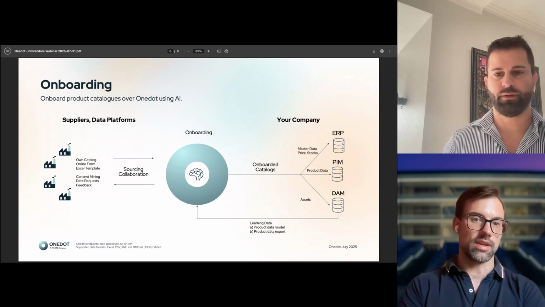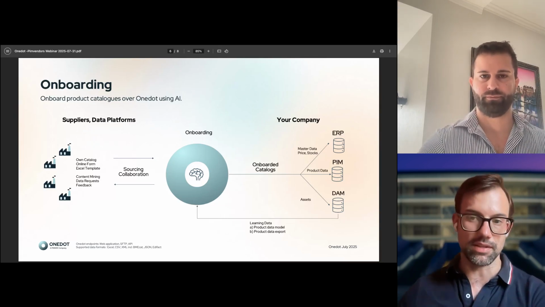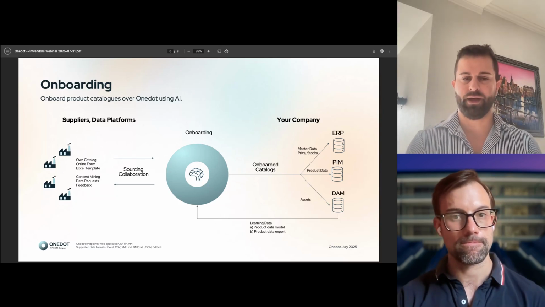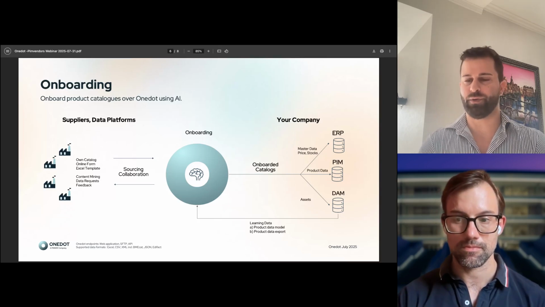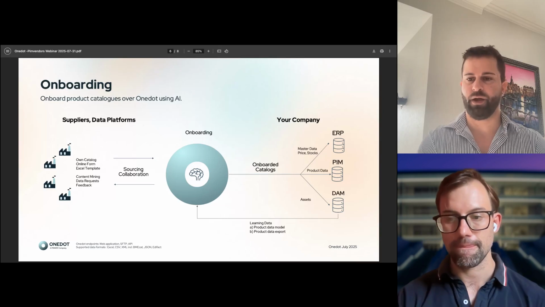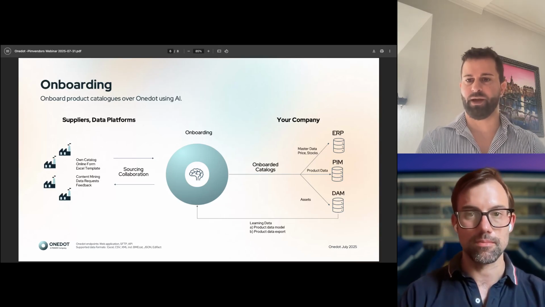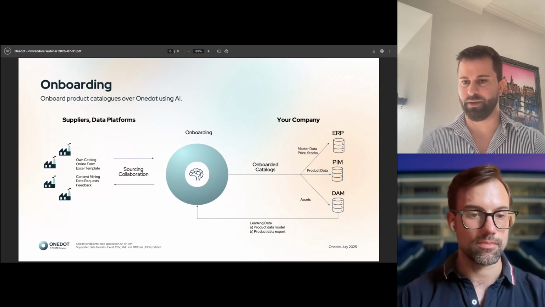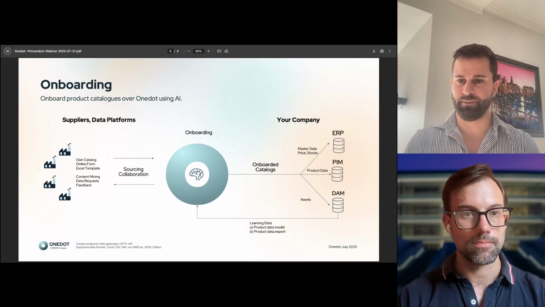But it's basically what you're saying. Everything that is true for onboarding is also true for syndication. It's basically the same funnel, but the other way around. Exactly. So in the syndication case, the supplier or the manufacturer would upload his catalog unstructured in the One.dot platform, and he will tell us where the product information has to be prepared and onboarded. That can be a marketplace, a distribution channel, or his customer, right? This is something the supplier tells us. The opposite way around, you can say, basically.